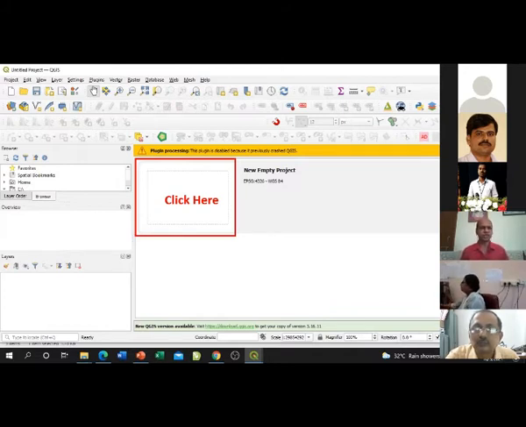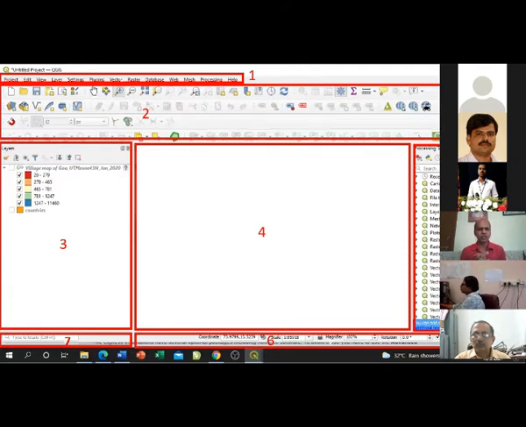When you go for that new empty project, you are going to get the map canvas, as it is called, which is seen in the next screen, where most of the things are basically the components that you are familiar with from many other softwares. But here, because it is QGIS, we should be in a position to make out what all those screens are that we require. So here in this screen, I would like to show you the number one, which I have shown.